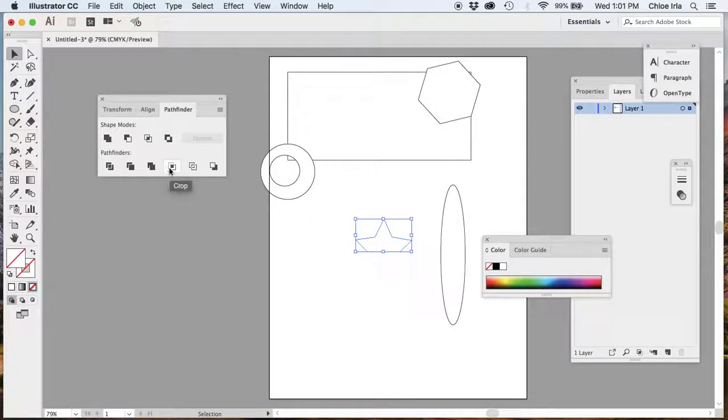Just another way to draw in the program to kind of make things a little easier for yourself in terms of using your time more efficiently. So check out the Pathfinder, check out the